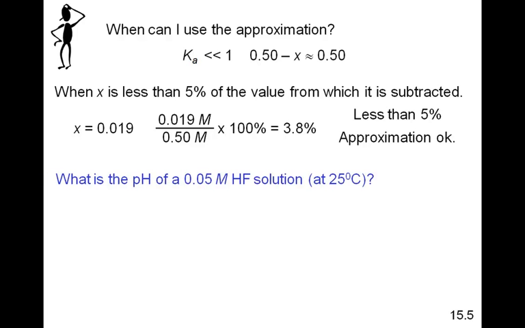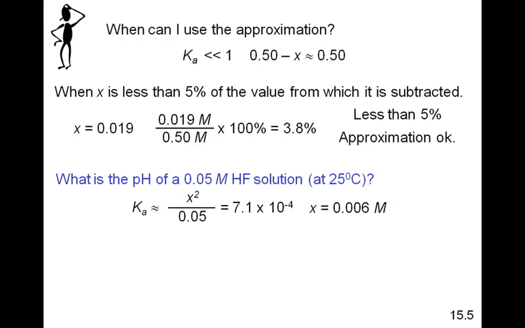Let's take a look at a similar problem, only instead of using 0.50 molar HF, we're going to use 0.05 molar HF. So again, we do an ICE problem, and the concentrations of the H plus and the F minus would come out to be X each at equilibrium, so that's X squared, and the concentration of the HF is 0.05 minus X, but again, we're making that approximation and assuming that X is really, really small, and when we do that, the X on the bottom goes away like we did in the previous problem, and so we solve for X,